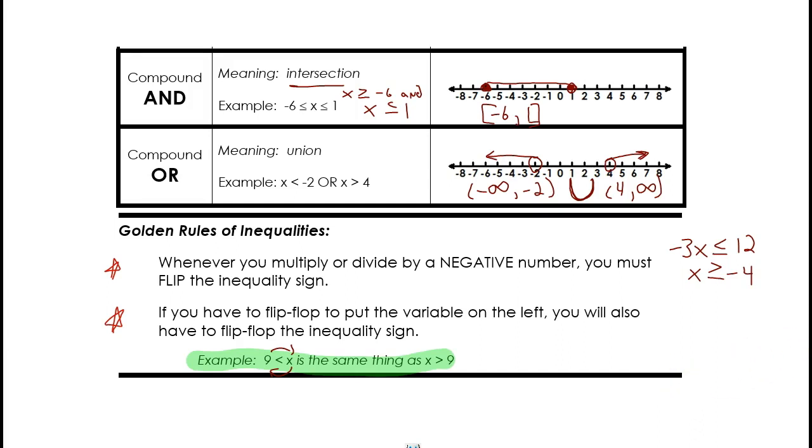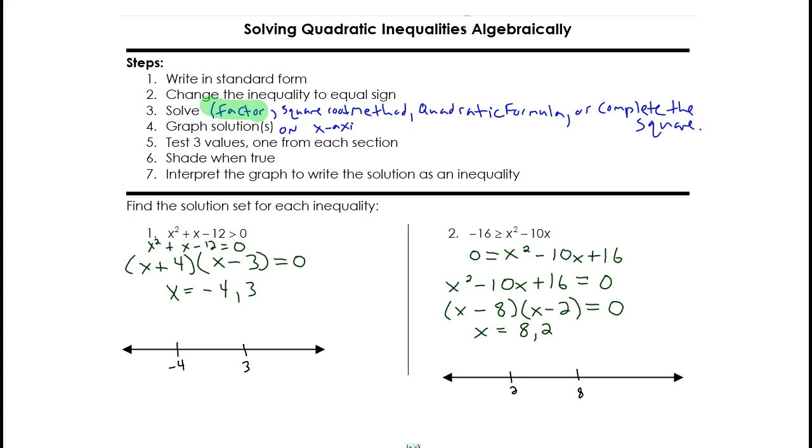Now, here's our first example and some steps that you can use for these examples. Now, as you go through these examples with me, the first step is to change the inequality to an equal sign. Well, I've already done that on all of these questions. The second step is to solve that quadratic equation. We've used several methods for solving quadratics in this class. We've factored, we've used the square root method, we've used the quadratic formula, we've learned how to complete the square. There's a whole bunch of different methods that we can use